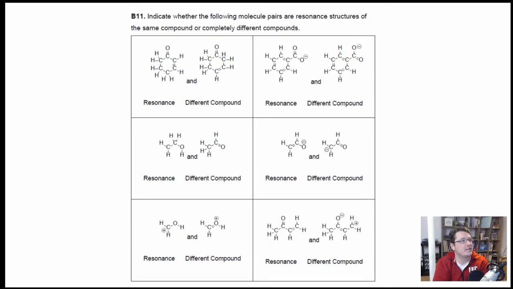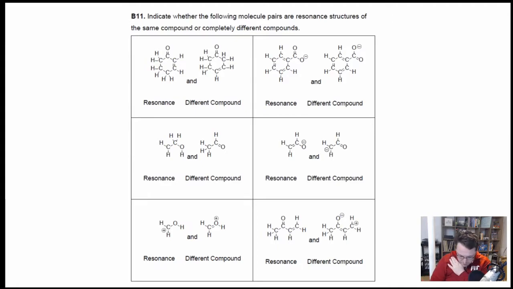And so that's the thing to pay attention to. Is a bond changing in terms of how many atoms it's interacting with, or is it just simply a movement of double bonds, but all the sigma bonds are the same? So if we look at B11,